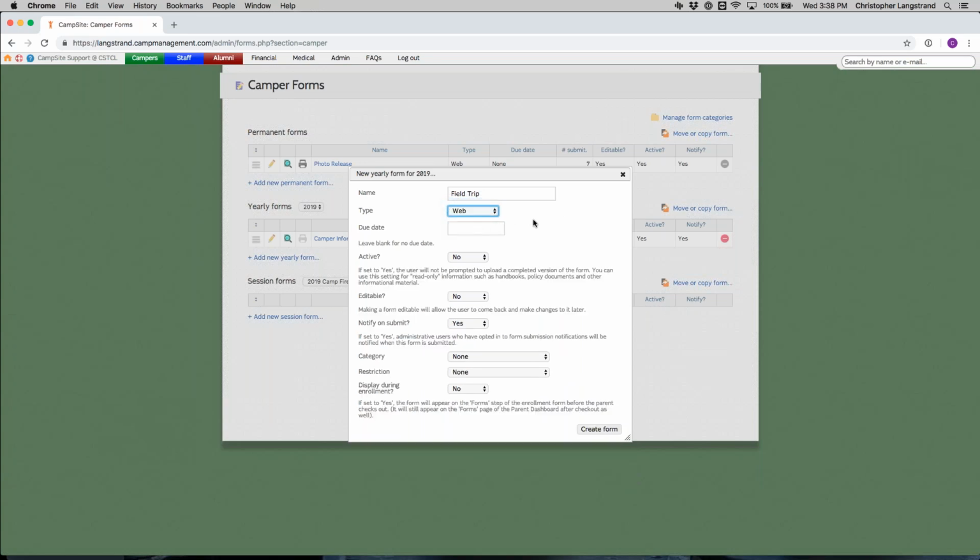If we set it to a web form, this would be a web form that would be filled out and submitted straight from the web browser. This would allow parent administrators immediate access to answers on that form. This would be viewable through the Campers Form tab. Answers submitted on a web form will be reportable within advanced reports. Answers on a printed form are not